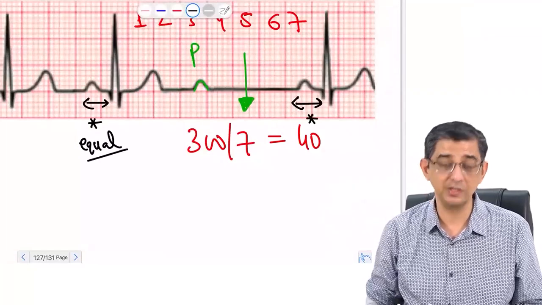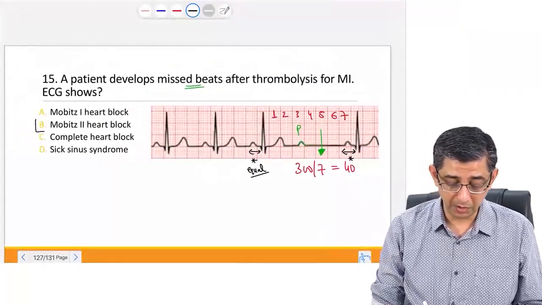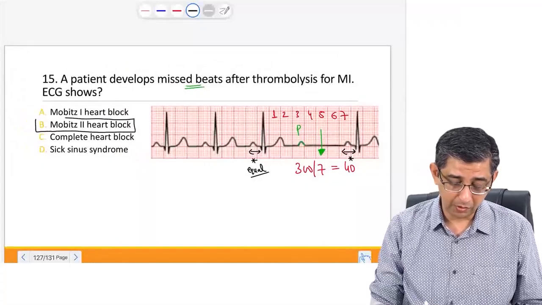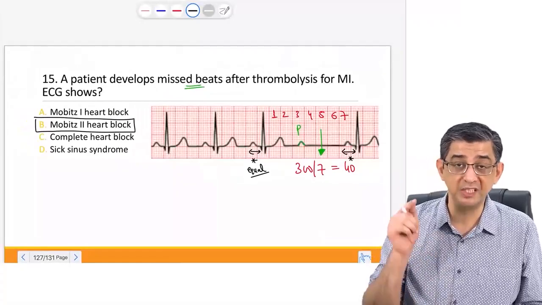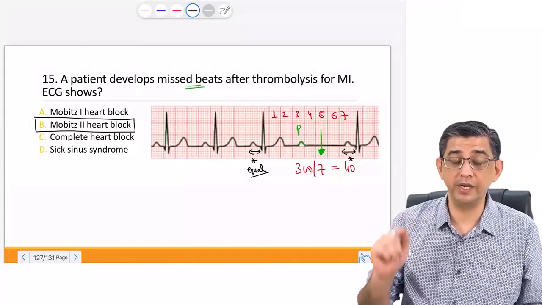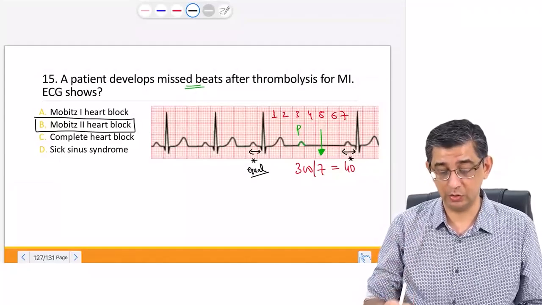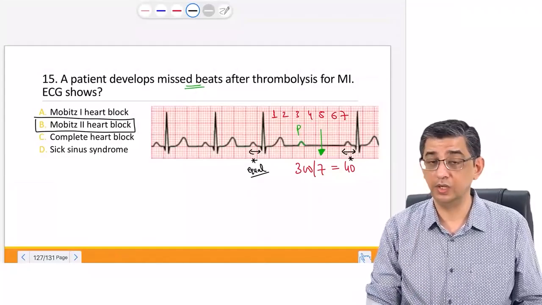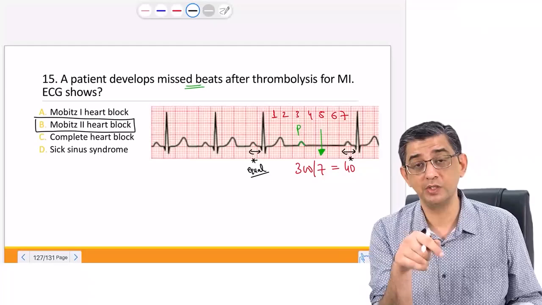This means that this person has a Mobitz 2 heart block, and Mobitz 2 heart block after MI can even cause sudden cardiac death. I have taught you that one of the important causes of sudden cardiac death after myocardial infarction is ventricular fibrillation. That's a tachyarrhythmia. But if asked which bradyarrhythmia can cause sudden cardiac death after myocardial infarction, it is going to be Mobitz 2 heart block. You can give atropine, but you will subsequently require TCP, transcutaneous pacing, for this patient,